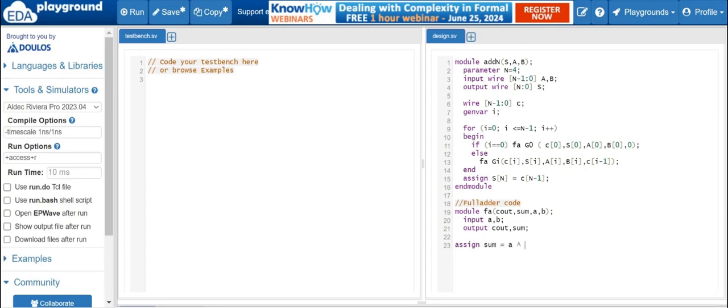A XOR B XOR C is sum, carry is AB plus BC plus CA. This is carry. That's it. And with n module,